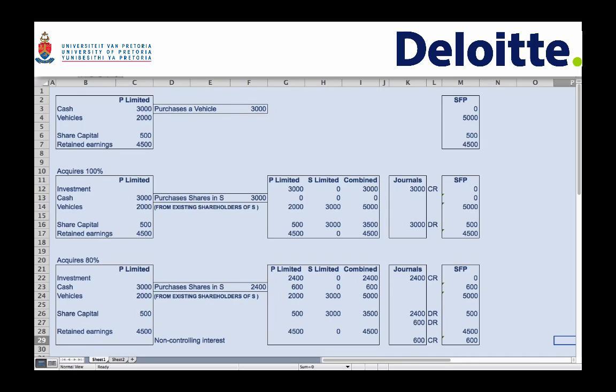P Limited can obtain control of the vehicle of S Limited by owning less than 100% of the share equity. For example, for our illustration purposes, let's assume that P Limited acquires only 80% of the share equity or net assets of S Limited. Considering the conceptual framework's definition for assets, control is vital, not ownership. Through having control of the vehicle in this instance, P Limited is able to determine the use and employment of